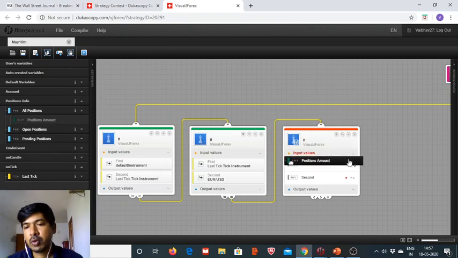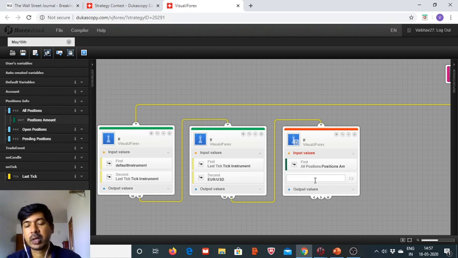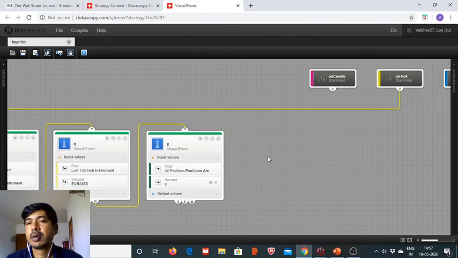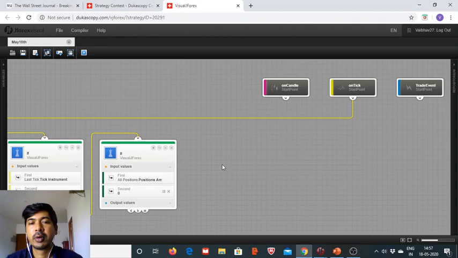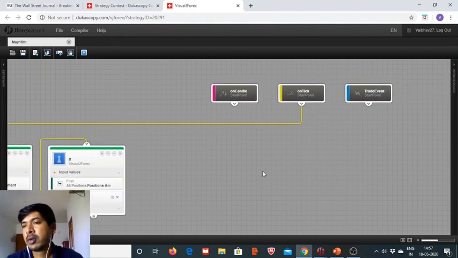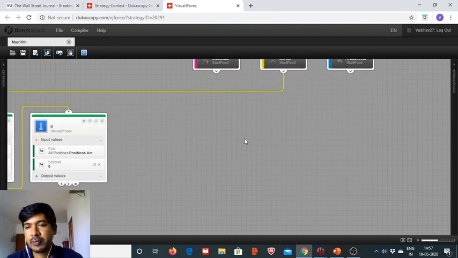That means no open or pending position is there on the account, so that many trades shouldn't be open at the same time. That is the logic behind defining all position amount equal to 0. Now we need to bring in the indicator blocks,